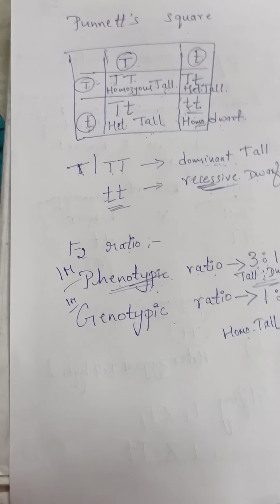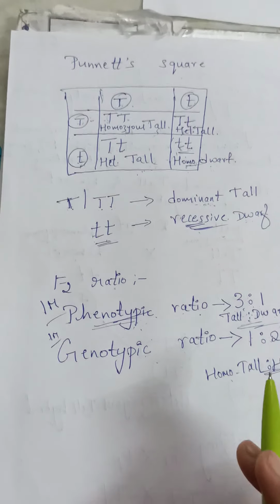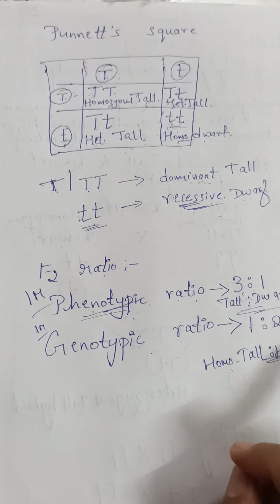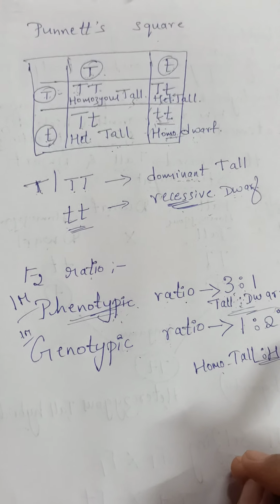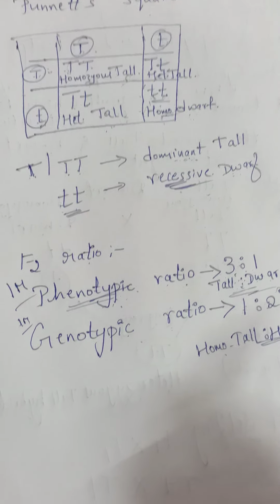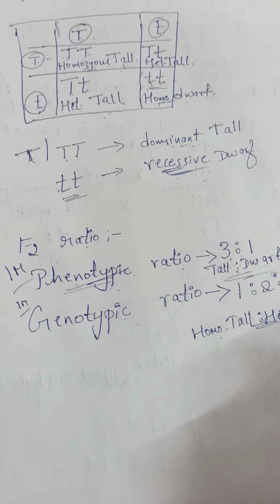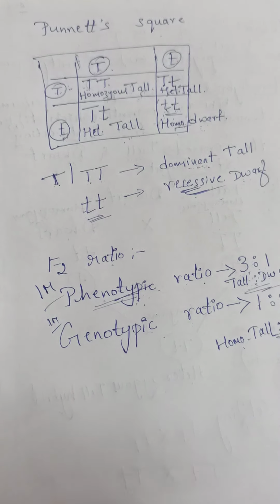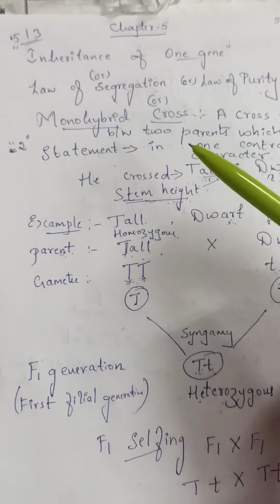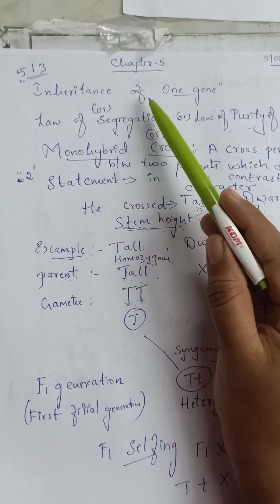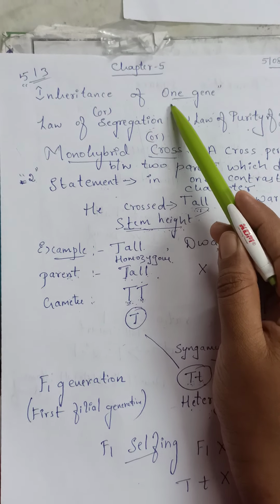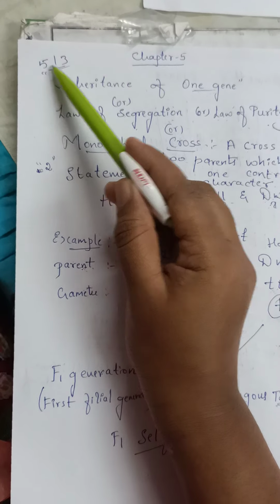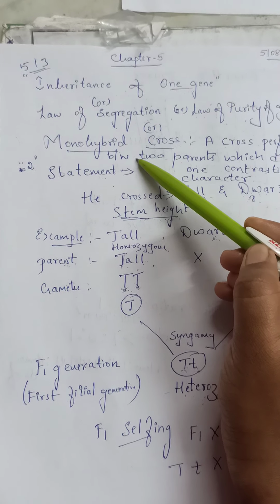So this is the schematic representation of monohybrid cross. Sometimes they'll give you the example, you need to draw the schematic representation, or sometimes they'll ask you to write your own example. Then you can take any of the contrasting characteristic features and perform this experiment. So already I have told you for this experiment there are several names, that is inheritance of one gene. If they ask you to explain inheritance of one gene for 3 or for 5 marks, it is understood that they are asking about monohybrid cross.